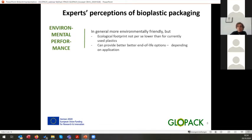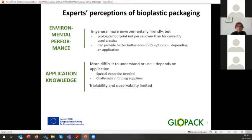Then regarding environmental performance, in general bioplastics were perceived as more environmentally friendly. However, the ecological footprint is not per se lower than for currently used plastics and has to be proven. It can provide better end-of-life options. However, this depends on the application and the infrastructure of the region. One additional core point was application knowledge. A lot of experts expressed that bioplastics are sometimes more difficult to understand or use. This again depends on the application, but a barrier was also that sometimes special expertise is needed,